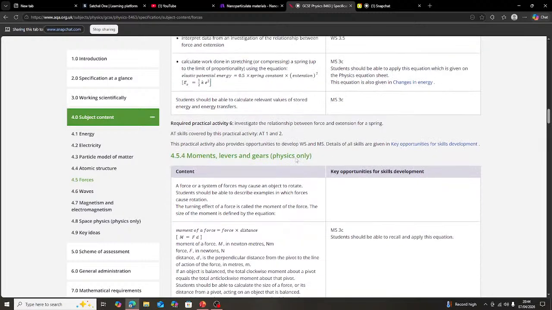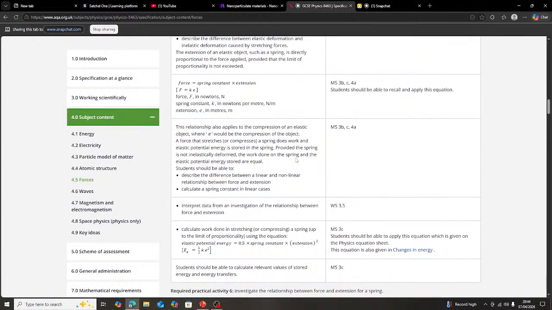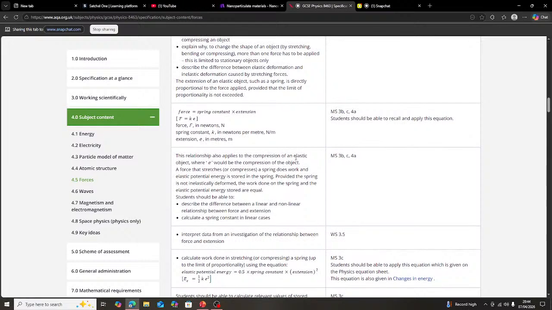Then we have Hooke's law, which was in the starter. You guys didn't know what Hooke's law was. So Hooke's law is force equals spring constant times extension, F equals kE, where F is directly proportional to E. Basically, when you increase the force, the extension also increases. Like if I stretch a spring using a force, the greater the force I pull it with, the greater the extension is going to be, obviously. Yeah, man.